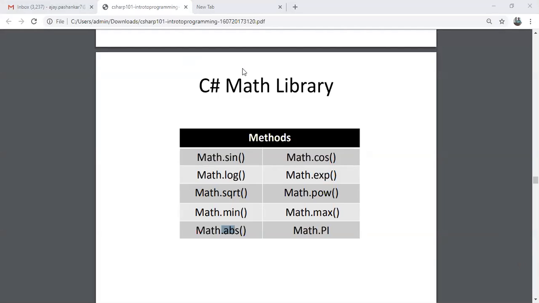Very good. Distance from origin, non-negative value, or a zero. It's not zero value. It's an absolute value. When I have to take the absolute value of minus 25, it has to be 25. It's a positive value. Done.